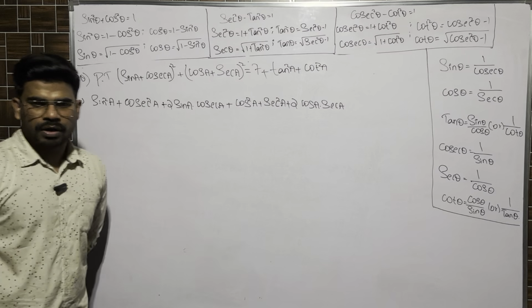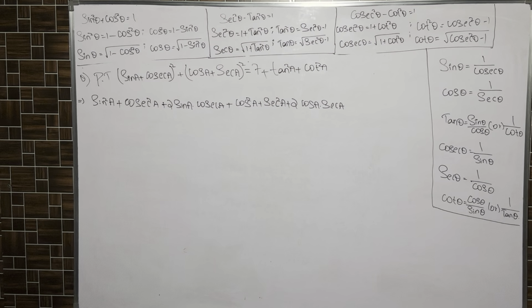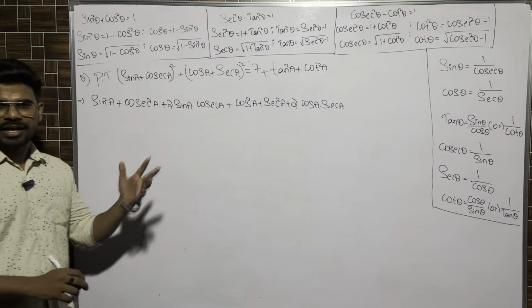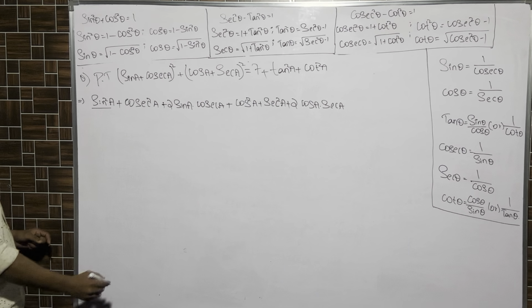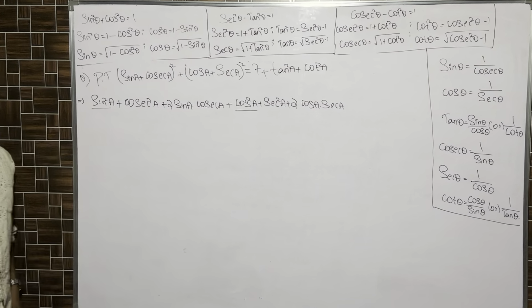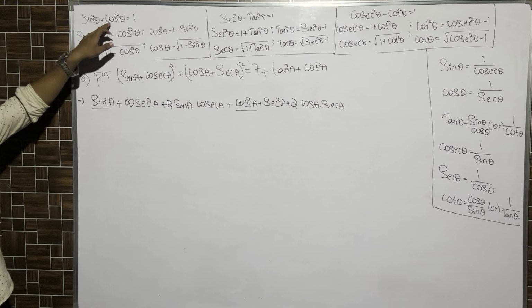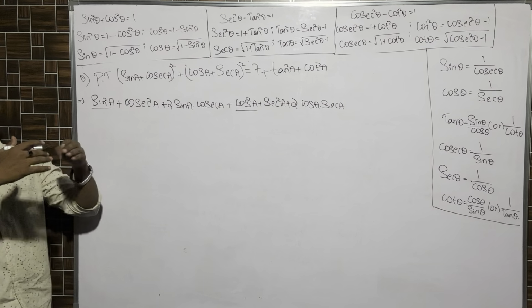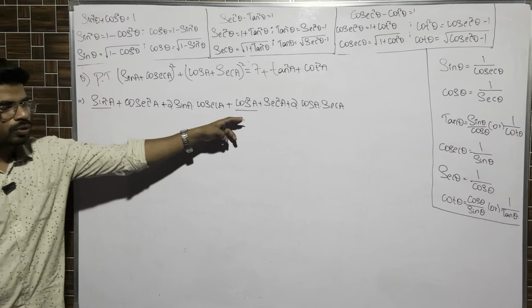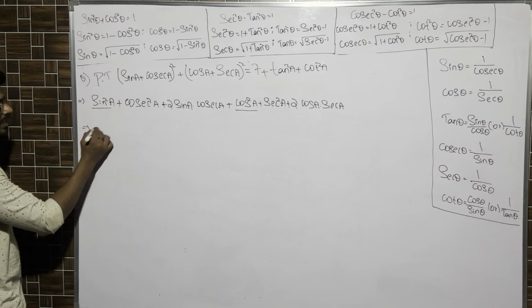Now after solving, after completion of every step, we have to check where and what we reached. Right here, sin square A plus cos square A. Sin square theta plus cos square theta is 1. No matter where it is written, anywhere we have sin square plus cos square, instead of these two we can write 1.